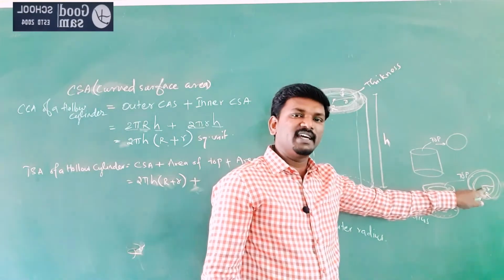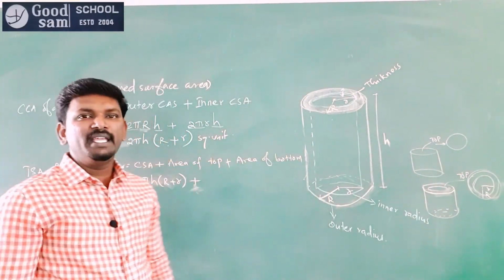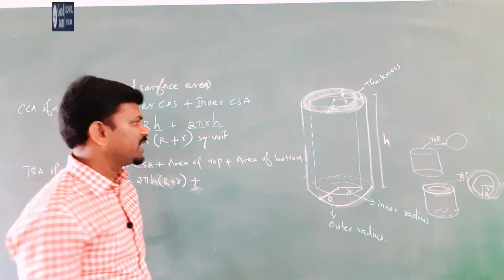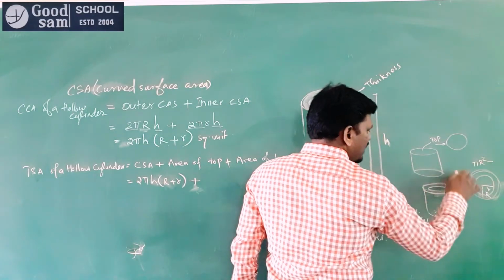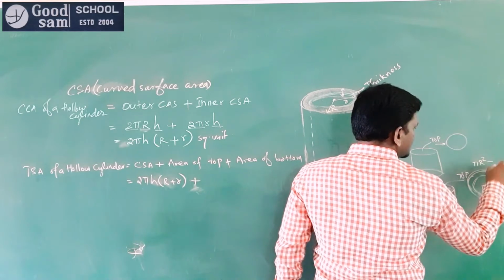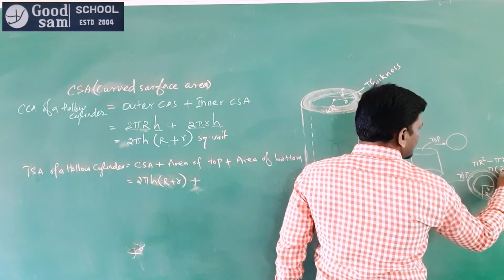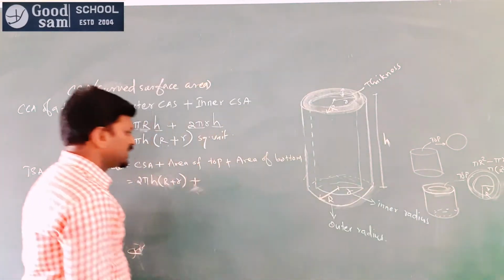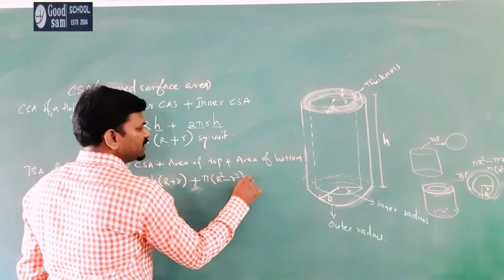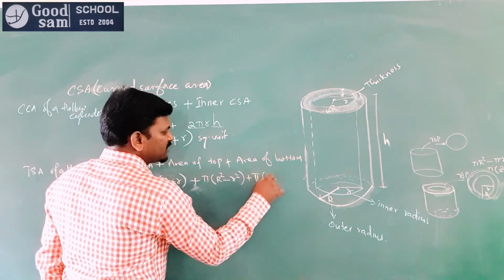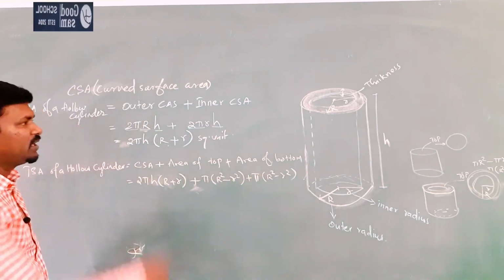In 8th standard and 9th standard you have studied this. Area of a circular ring is equal to pi into capital R square minus small r square. This means pi R square, the area of the outer circle, minus pi r square, the area of the inner circle. Pi is a common factor, so pi into R square minus r square. So the area of a circular ring is pi (R square minus r square) plus pi (R square minus r square). This is for the top, this is for the bottom, both are the same.